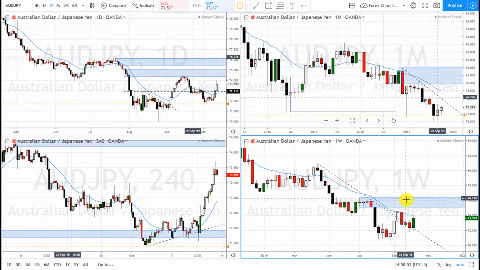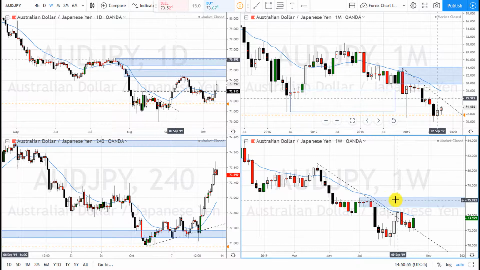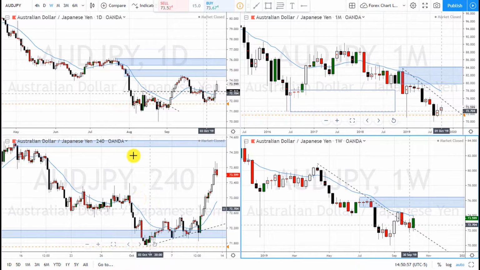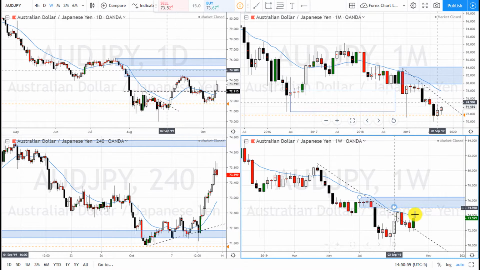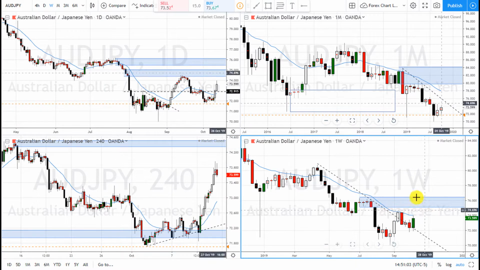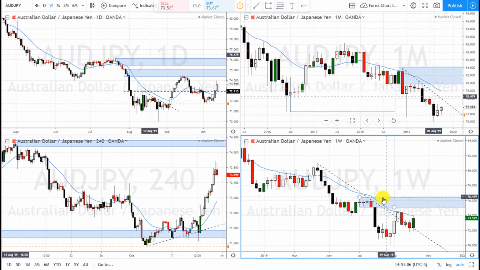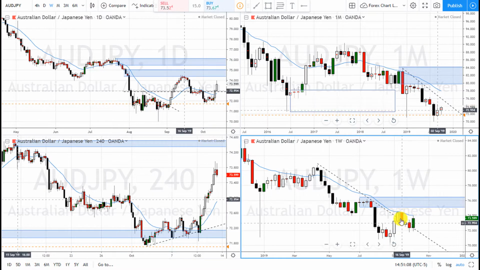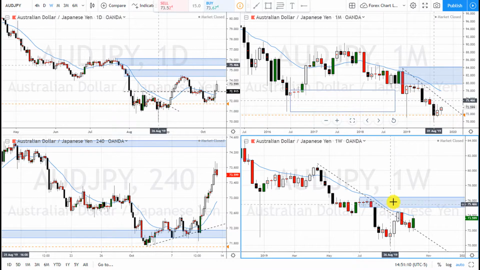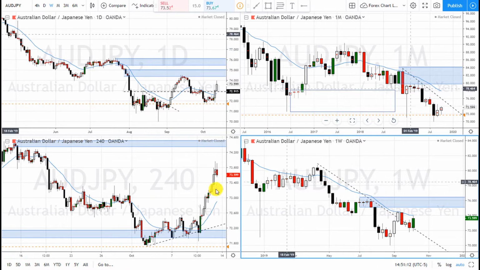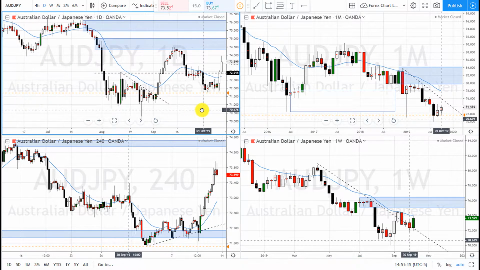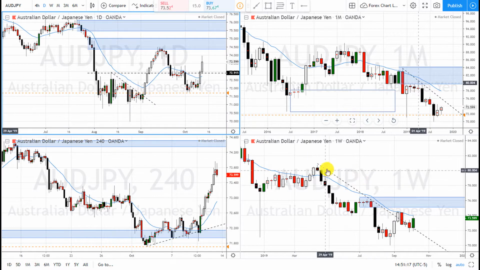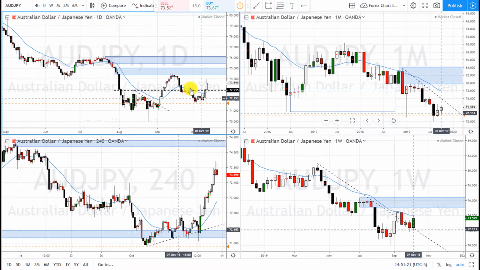You could do a little counter trend short in this area on the lower time frames, like the 4-hour and daily, but ideally momentum has changed to the upside, so you can do some counter trend shorts if this area gets taken out. Okay. So the bias is not very clear. It's just however you want to trade it. The bias is not very clear on this one